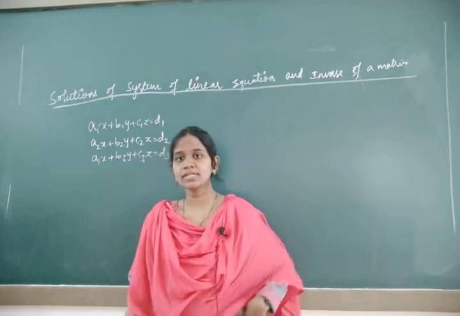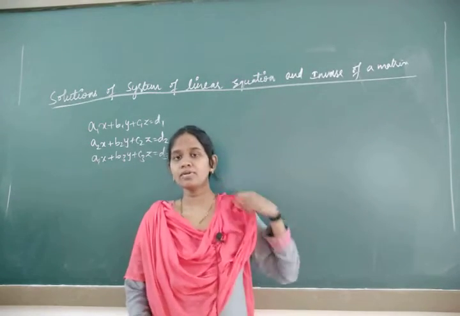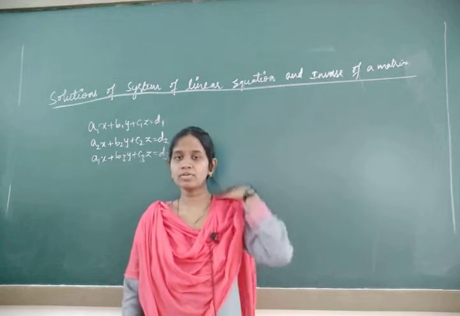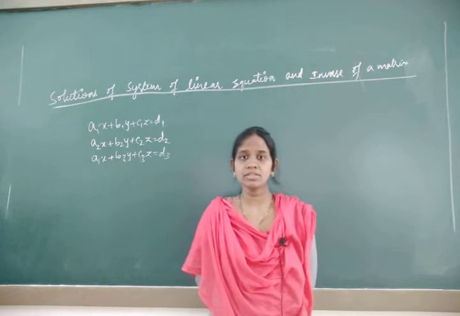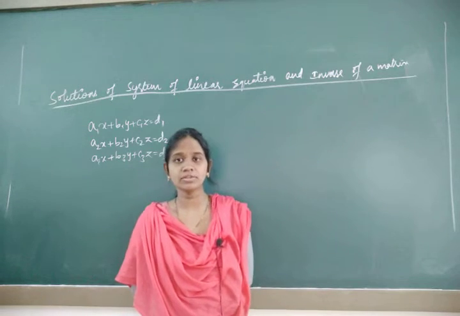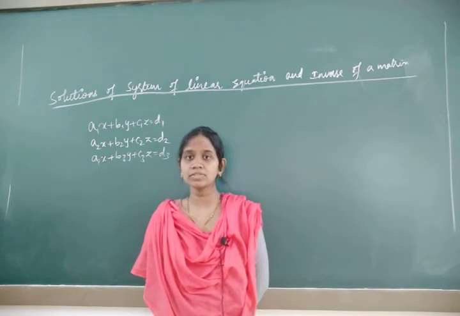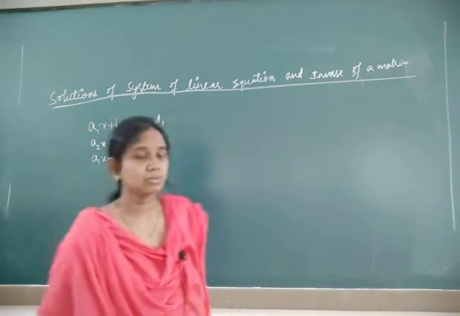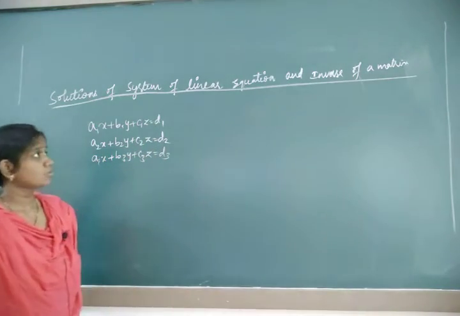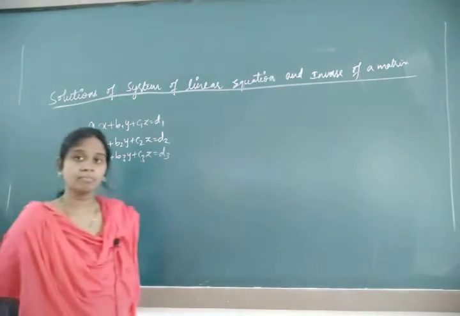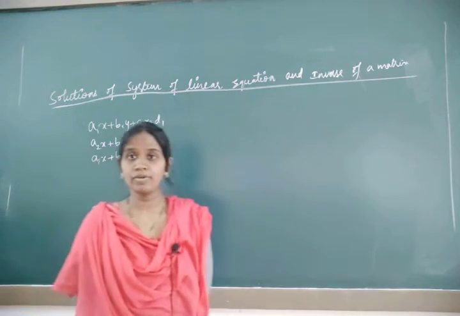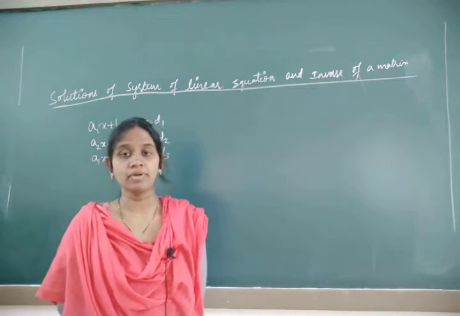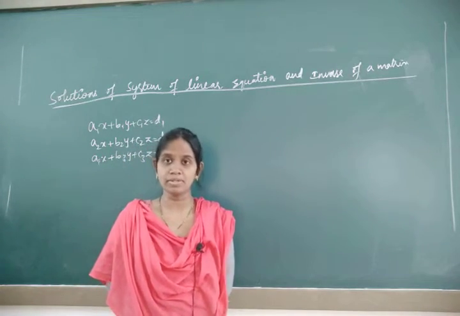Dear students, last class we talked about the inverse of a matrix of order 3 cross 3 and 2 cross 2 based on the formula. But in your examination, they are going to ask about the inverse by elementary row or column transformation. Today's session begins with solving a system of linear equations and the inverse of a matrix. This concept is important from your exam point of view. They are going to ask a 5 marks question, one question will be compulsory.